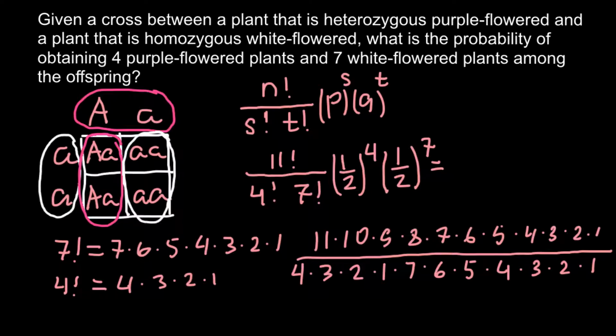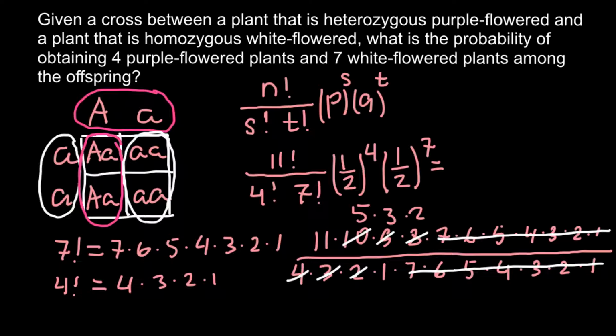So now we can easily cross out these numbers here, which are the same. Now we can also reduce this 4 and this 8. What we would be left with is 2 here. We also can reduce this 10 and this 2, and we would be left with 5 here. And we also can reduce this 9 and this 3, and what we would be left with here is 3. So basically we don't have anything left on the bottom except 1, and any number multiplied by 1 is the same number, and any number divided by 1 would be the same number, so we just can reduce this number too. So what we are left with is 11 multiplied by 5, by 3, and by 2, and the number is going to be